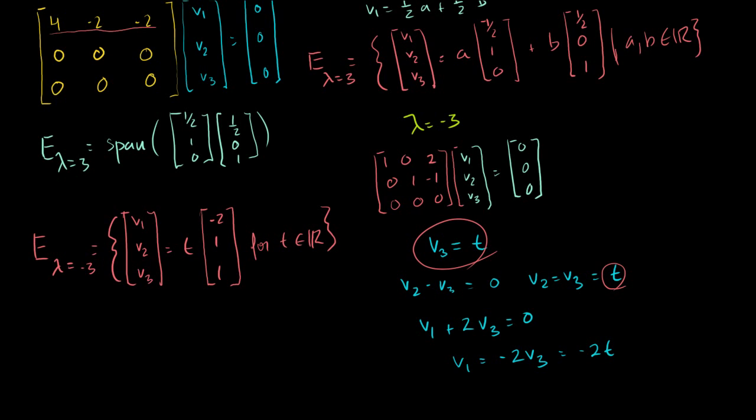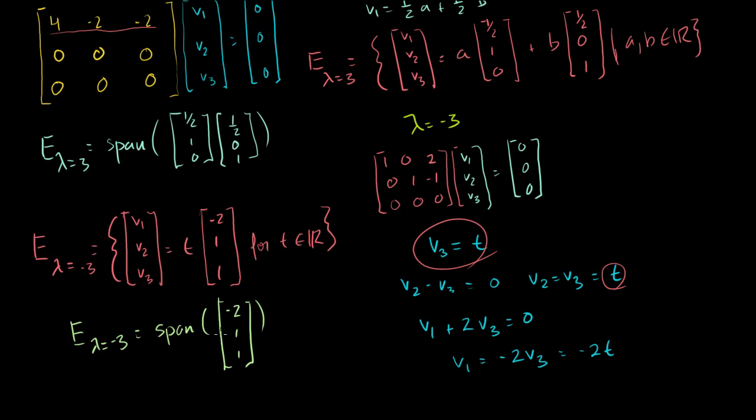Or another way to say it is that the eigenspace for lambda is equal to minus 3 is equal to the span of the vector